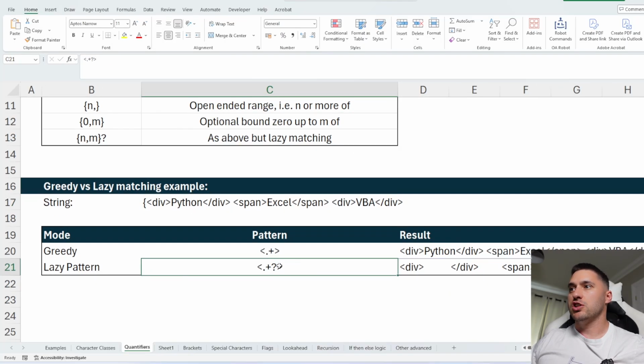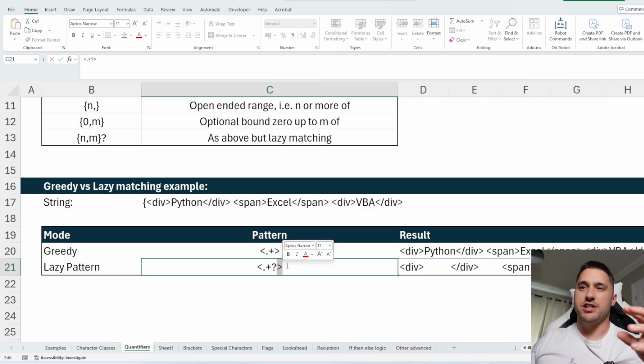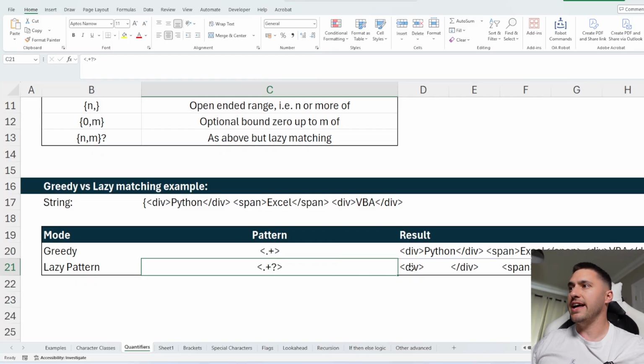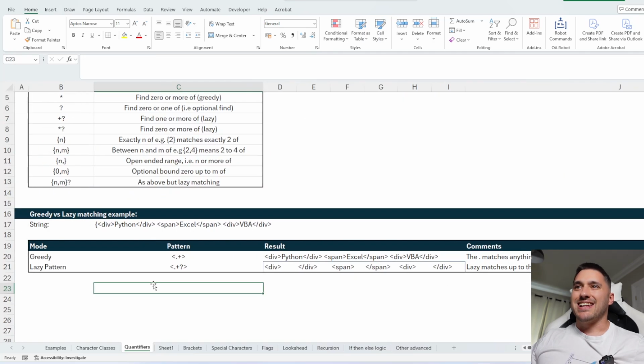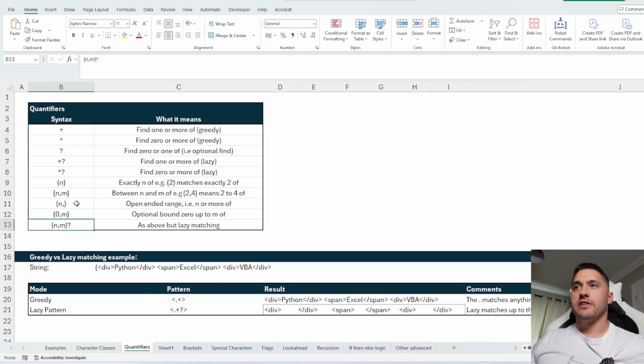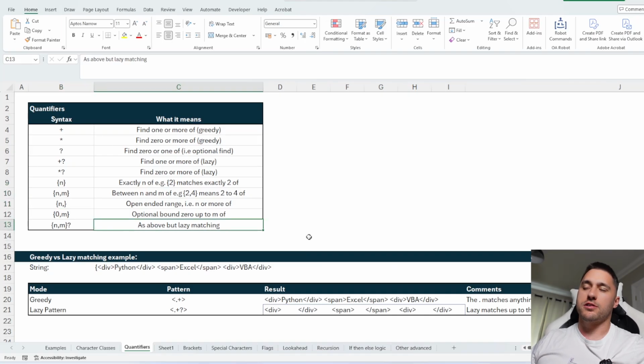So what that does is it stops at the first instance of the next specified character. So it kind of matches as minimal as possible. So in that case, you get this array out of all of the HTML tags. So that's lazy matching, and you can also put a question mark after these curly braces to turn lazy mode on. Now, there is one other type of quantifier, but this is where we get into more advanced